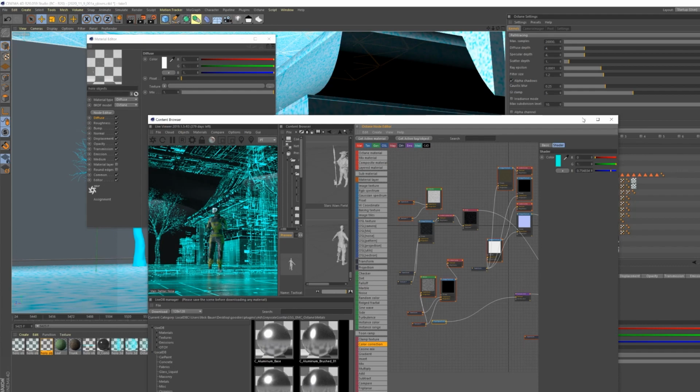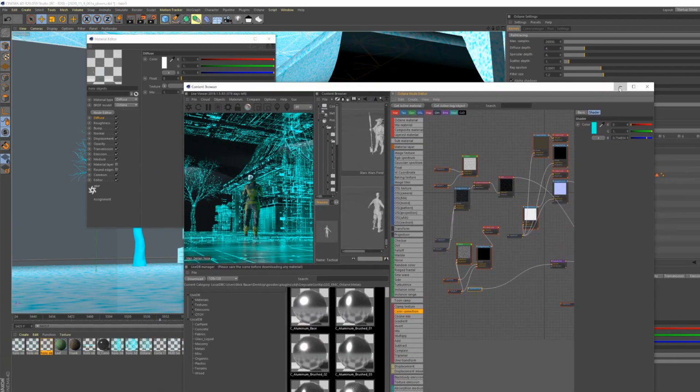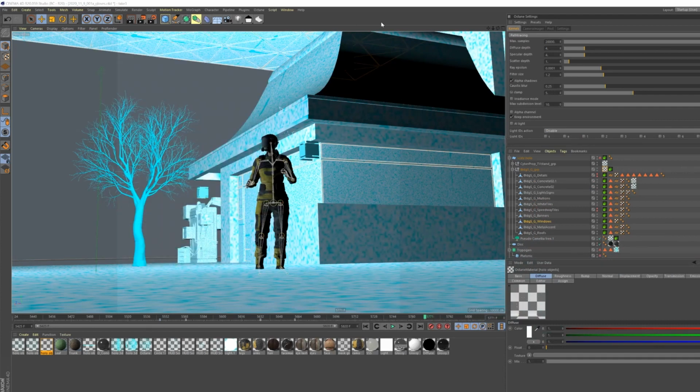But yeah, that's just a little bit of an overview of how I'm creating these. These are super fun to create. Manus gives a lot more control and detail that I was really never able to get until I started using